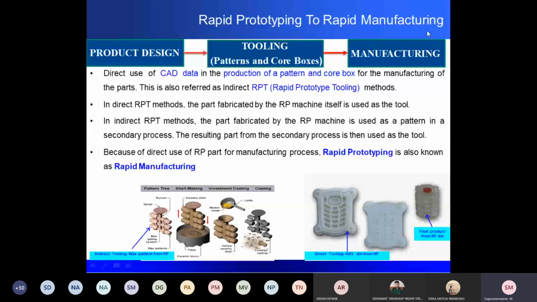You all know what the rapid is here. Rapid is a computer assisted system. Manufacturing is transferred from prototyping because it is used in a manufacturing activity. Again, in between rapid prototyping and rapid manufacturing, before they coined the term rapid manufacturing, there was an in-between transition called rapid tooling. That is rapid prototype tooling. Rapid prototyping, after a period of time, became RPT, that is rapid prototype tooling. Then it became rapid manufacturing.